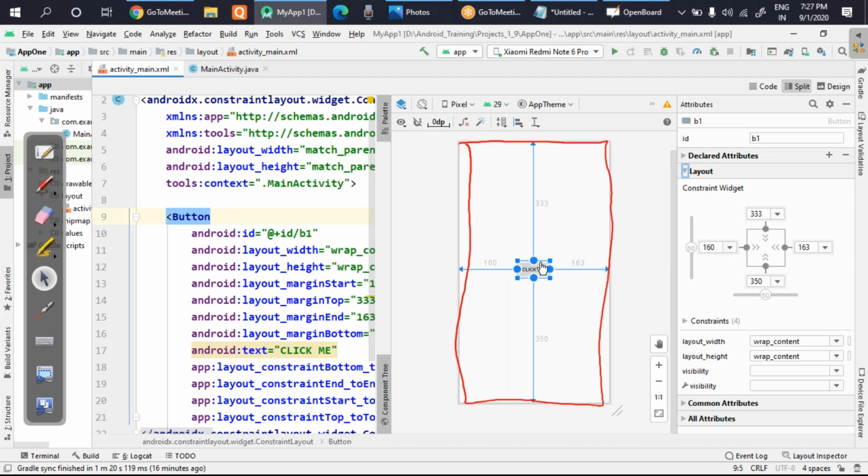Suppose I want this button to be a little bit up. I can reduce this value. It's 333, and I'm making it 200. If I press enter, you can see the button has moved a little bit. In this way, you can adjust your component wherever you want.